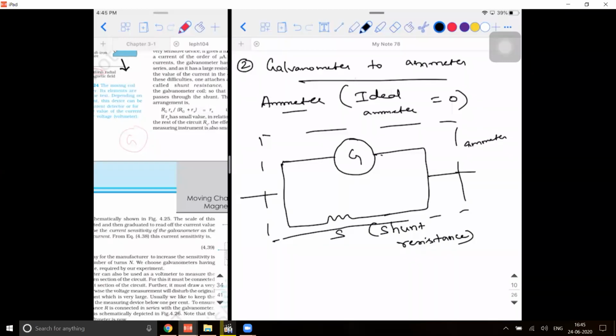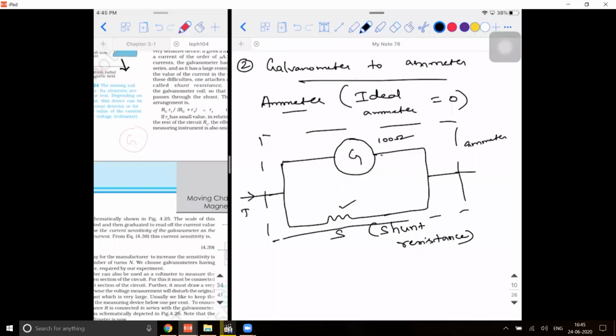So when I asked you for a voltmeter, what did I say? I told you I have a galvanometer of 100 ohm resistance. I want you to connect it across a particular resistor such that it is able to measure 5 volt. I'll reverse that volt and convert it to ampere. The same thing again. I have a 100 ohm galvanometer in my hand. I'm giving this to you. You need to choose a resistor and connect it in parallel in such a way that you're able to convert it to an ammeter which is able to measure 3 amperes of current. Then what are you going to do?